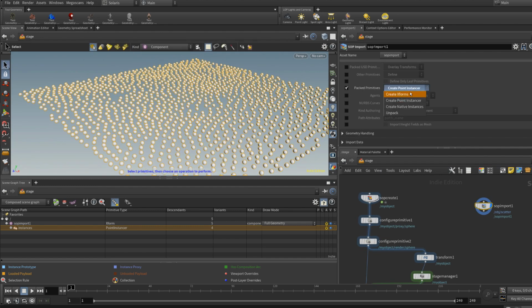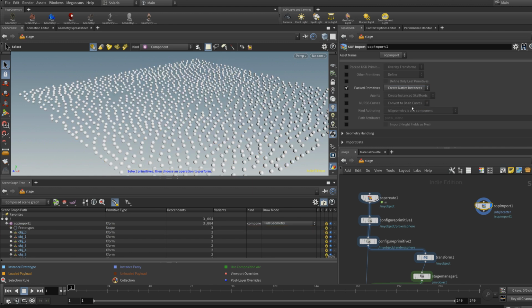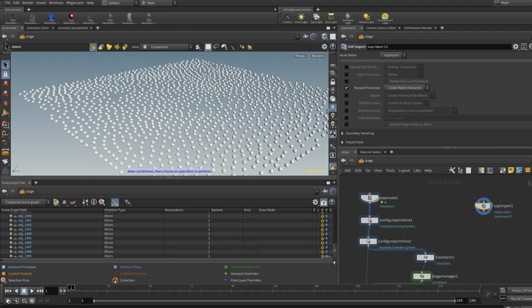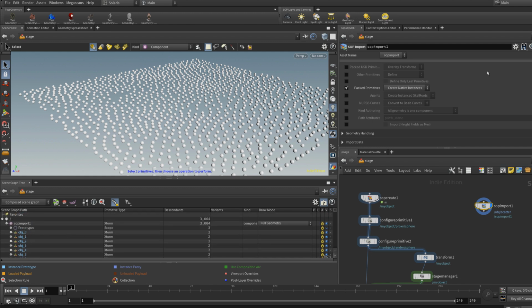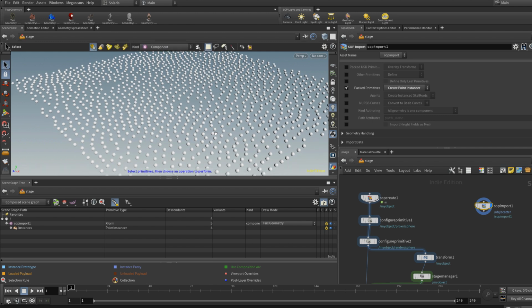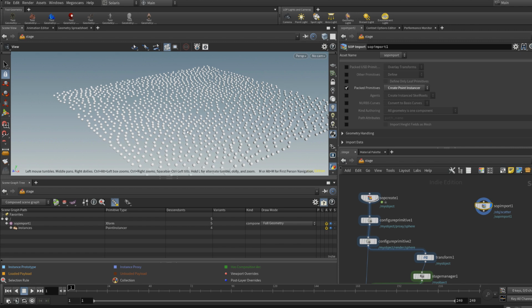Well, if I'm doing create native instances though, we are having a huge hierarchy and actually that might affect the performances. And of course, if you try create xform, it's killing the instancing and just having a mesh per null, which is pretty useless in that case. And unpack, well, that's just the same mesh, but without nulls. So point instancer is actually a good way to bring some packed geometry within your system, especially if you have particle simulation, for example.